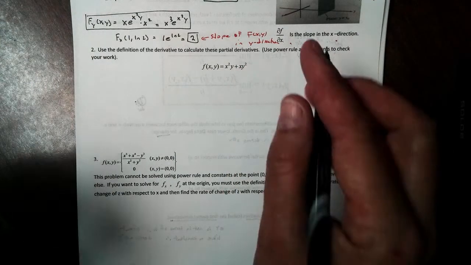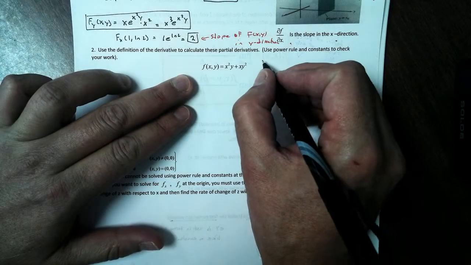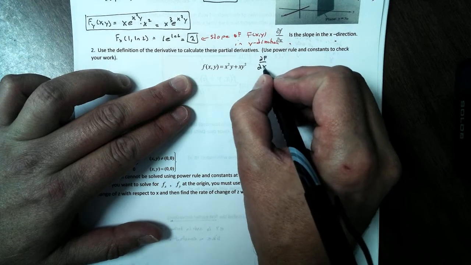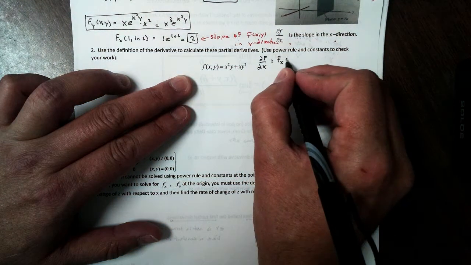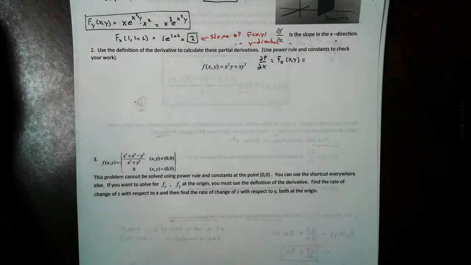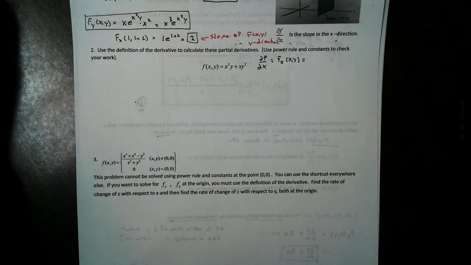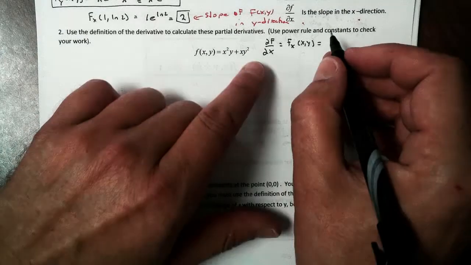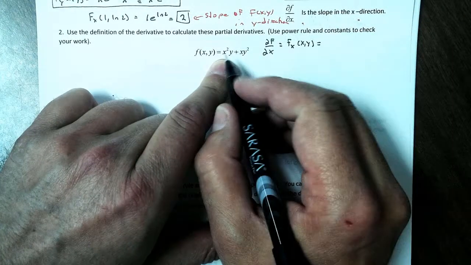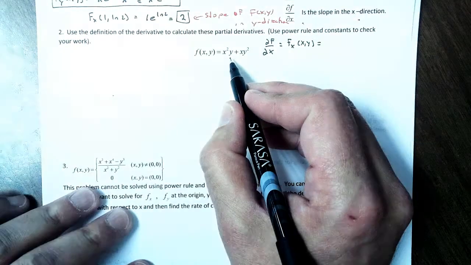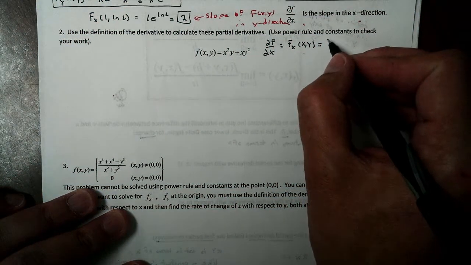So let's just do the derivative with f of x, the partial of f with respect to x. And again, if you want to write it this way, that's all right. And if we take that partial derivative, ready? Remember, y is going to be a constant. The only thing we're looking at is the x. So this would become